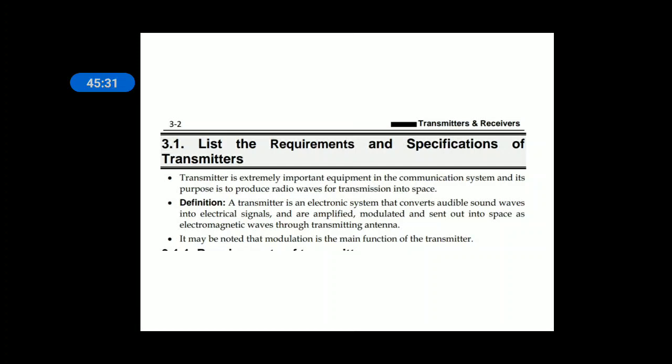Both are electronic systems. In some systems, both the transmitter as well as the receiver are equipped in a single device, like a mobile phone and radar, and as well as in a satellite also. These three systems contain a transmitter as well as a receiver in the same system or same location. Those are also called transceivers. Whereas in television and radio, transmitters and receivers are located at a greater distance.